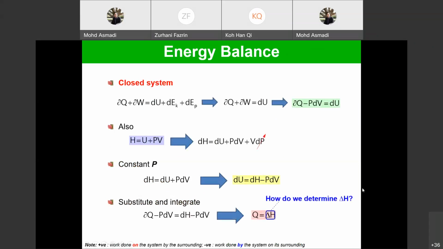So this is the relationship of how to calculate the enthalpy. H equal to U plus PV, as you know, from the mass energy balance, and dU equal to dH minus PdV, right? So this is how Q is equal to delta H,